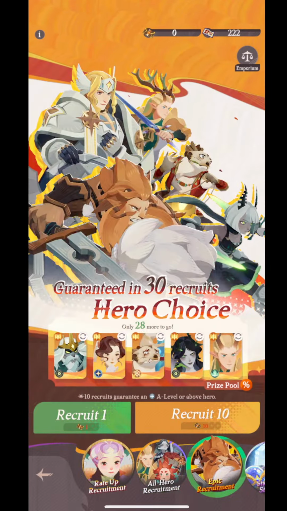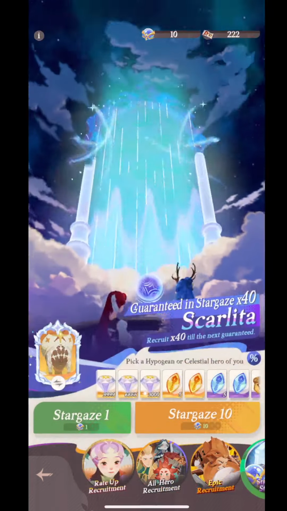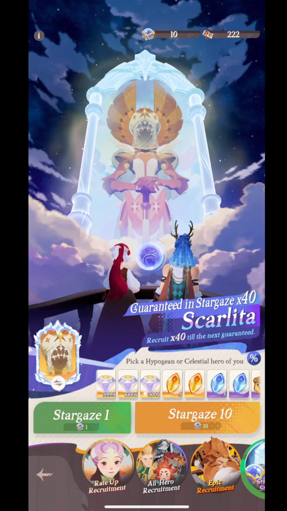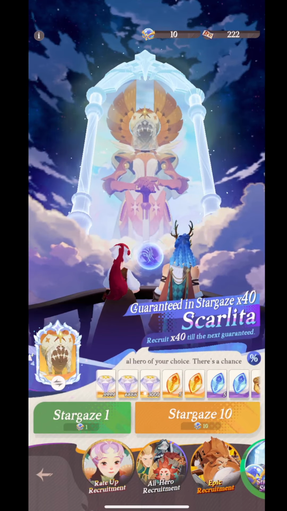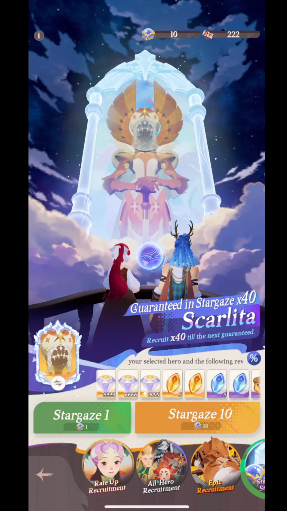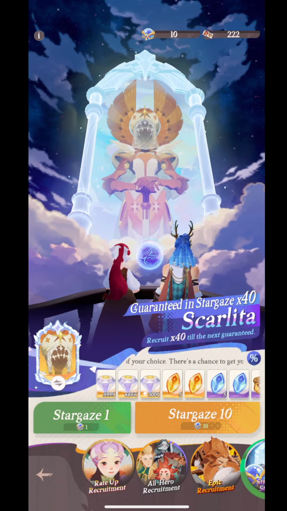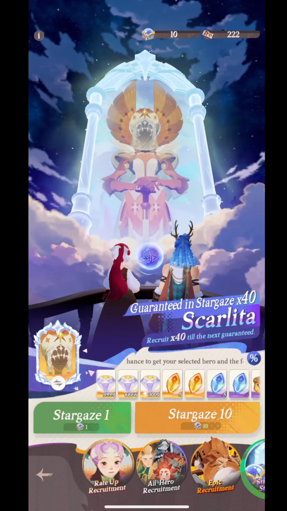As far as my recruits on this end, I have these folks in my hero choices. And I think this is a really good choice that you can have, right? Now, let's just see how lucky we are. I've been saving these 10 pulls just for this video, guys. I just want to do something nice for y'all. Let's see if we get anyone good. I'm hoping to get a Scarlita, but obviously, based on what people have been saying out there,